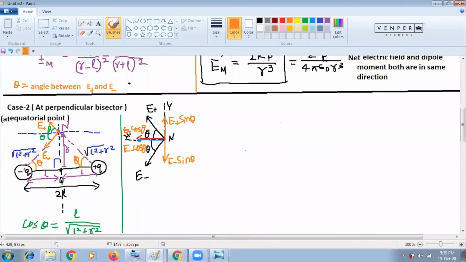So is everyone understanding this component of what I did? If one vector is there, then we can take components, and always the axis which is connected with theta, that axis gets cos theta. So that's why in the minus x direction comes E plus cos theta. Is it clear? Is it clear to all of you? Yes or no?